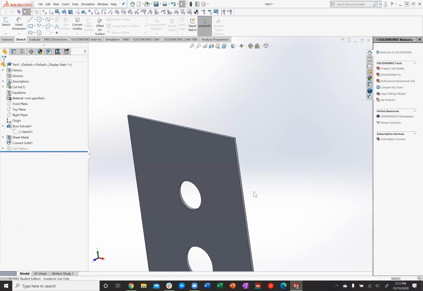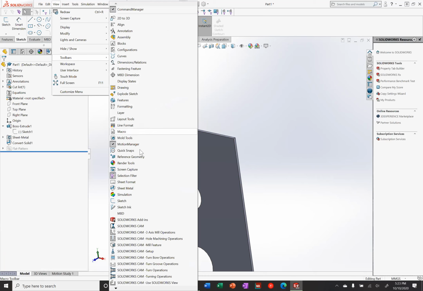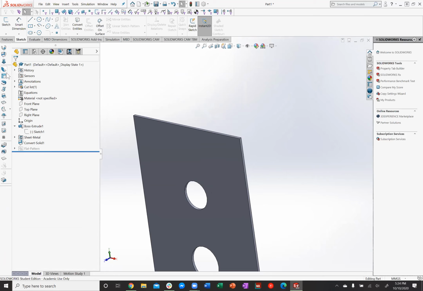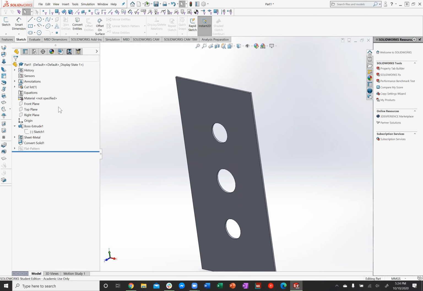So now you have your flange. Let me see if I can get the sheet metal tools to stay here. Sheet metal. Okay, yeah. On the left here, if you click on View, Toolbars, Sheet Metal, it will keep this tab, this section here, just so it's easier to get to. That way you don't have to go to Insert Sheet Metal every time. To add a flange, click on